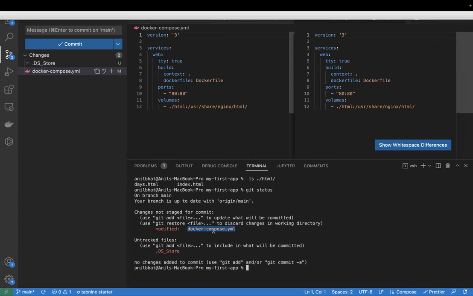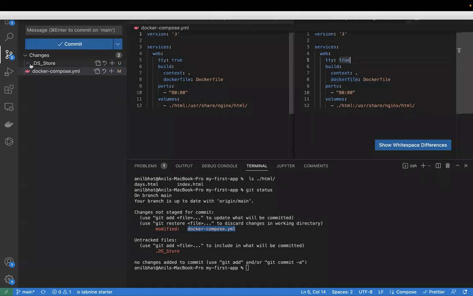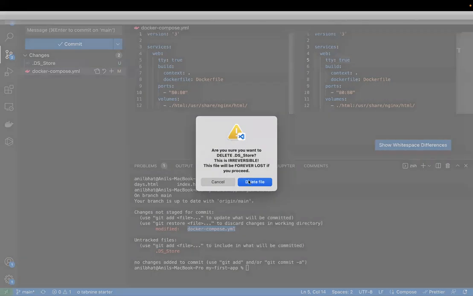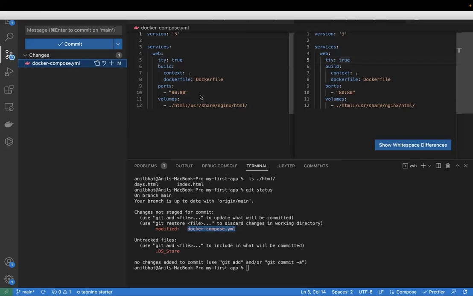I can see what changes I have done here. So in this case, I am making some small modifications. Let's make a small modification like this.